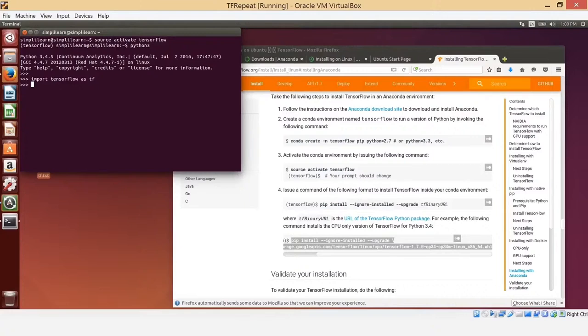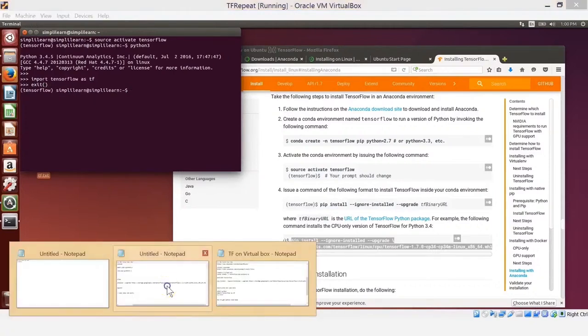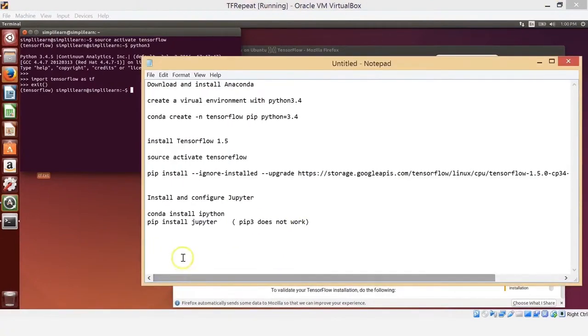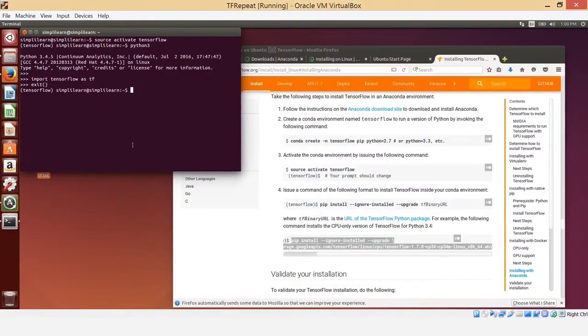So TensorFlow installation is done, but now we will go through the process of installing Jupyter Notebook so that you can do your development. So let me just exit, and in order to install your Jupyter Notebook, which is going to be your development environment, we will first install IPython using conda. So conda install IPython and then pip install Jupyter. So let's first do the IPython. Conda